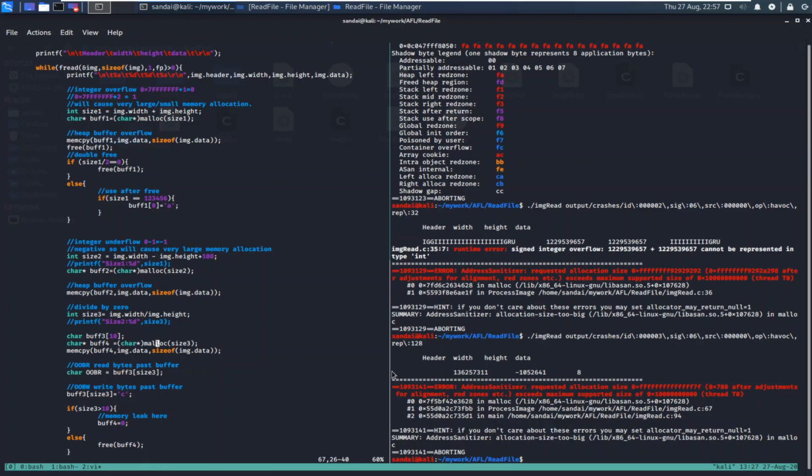Okay, yes, so there is size 3, and you can see there is a width and height which is negative, so that's why it's becoming negative over here, and so the allocation is failing. It again says allocation size too big.